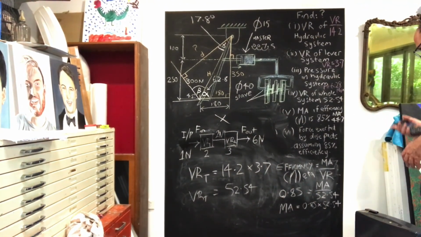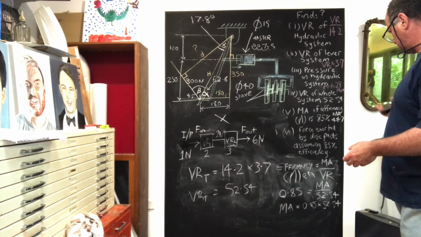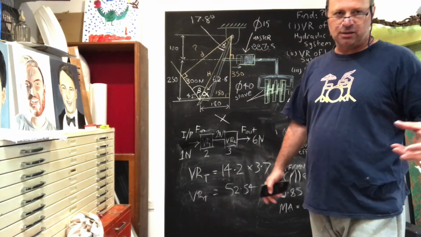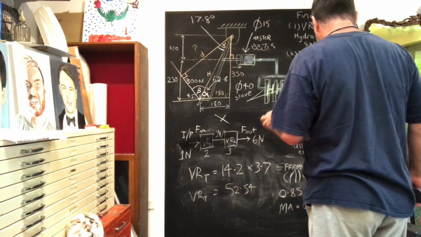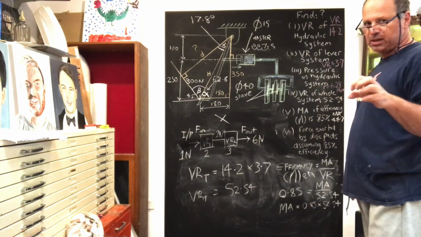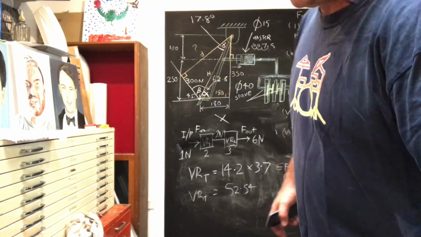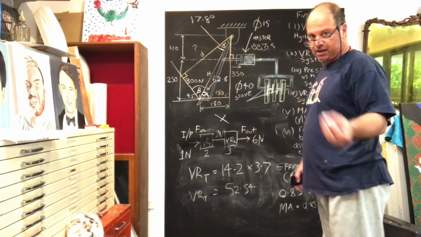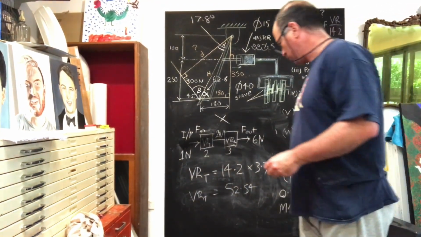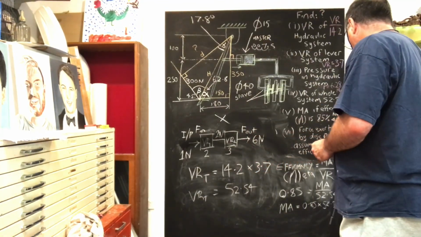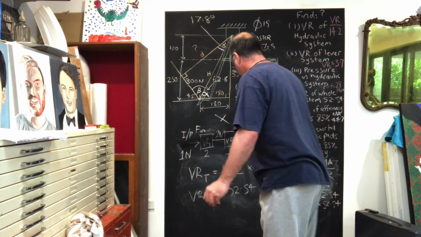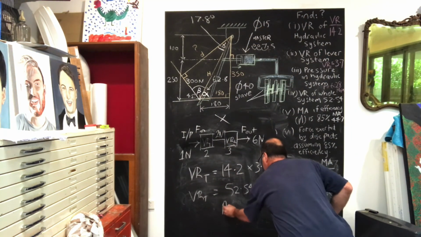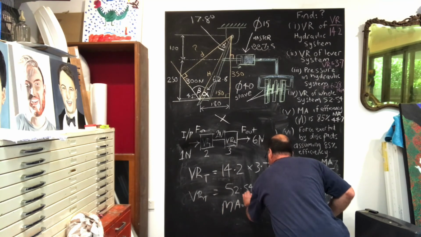Okay, and then the last bit of the question is force exerted by the disc pads, assuming that 85% efficiency. Remember that our definition of mechanical advantage is force out over force in. They're just saying here, what is the force on the brake pads? We know the force in is 300. So we're going to say MA equals F out over F in,